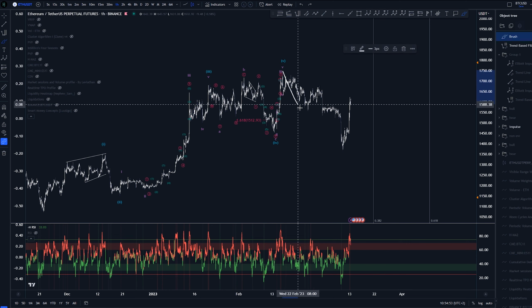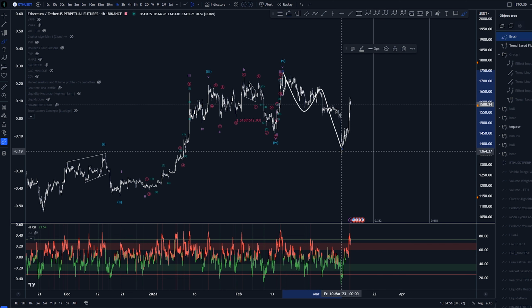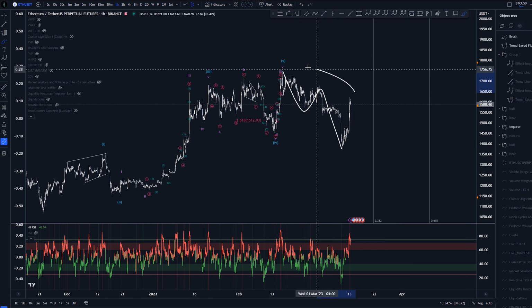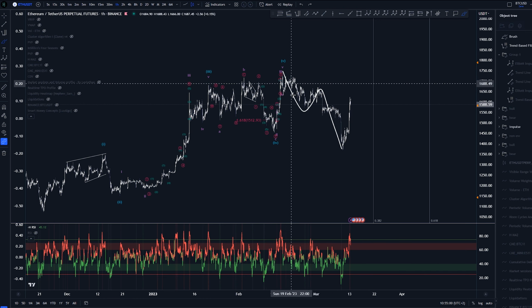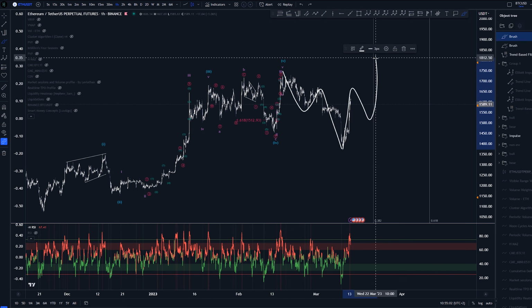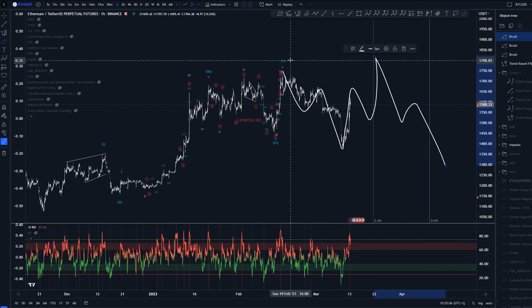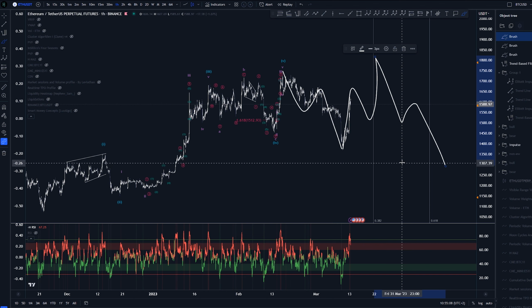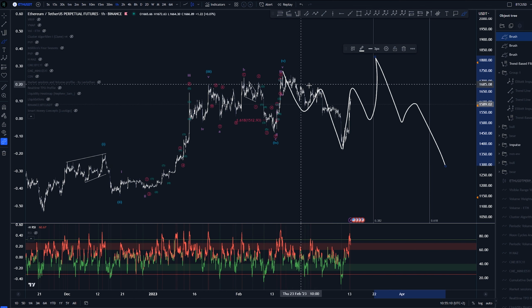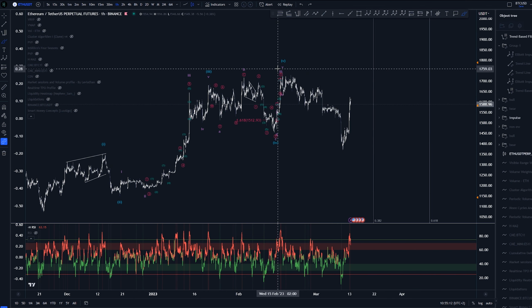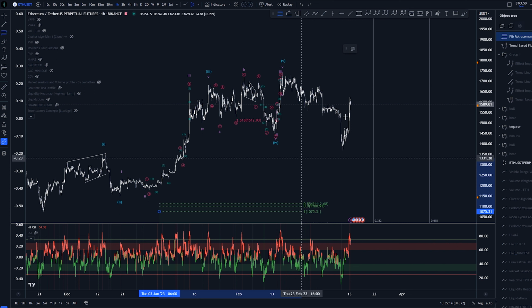This would mean that even if we had this as 3, this structure here in the middle would be part of this structure, which again is not complete, where this would be creating something like that and another 3-wave structure down. At this point, again, we would use more time overall to make sure that this is large enough of a structure overall. Hopefully that makes some sense.